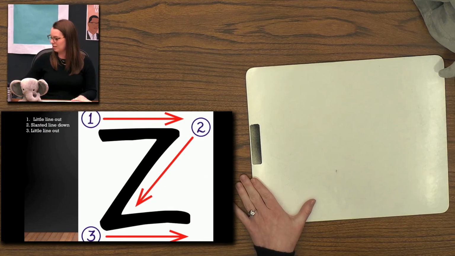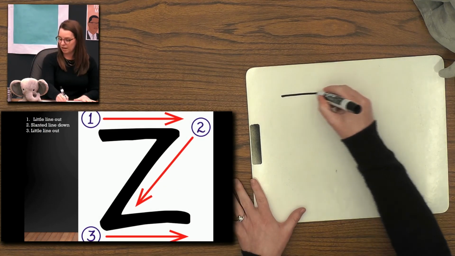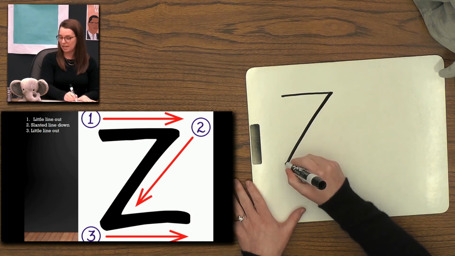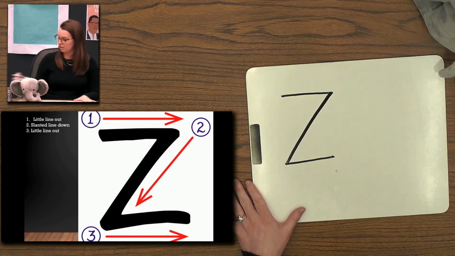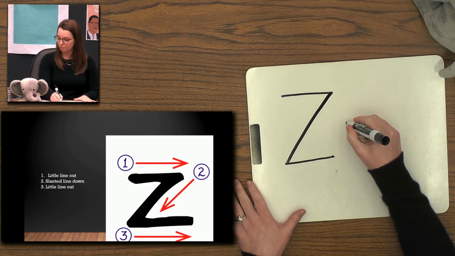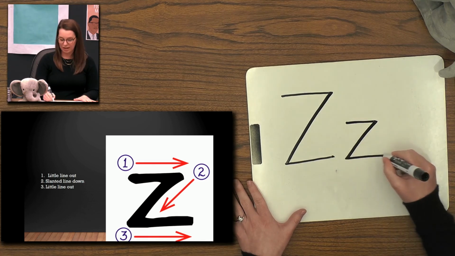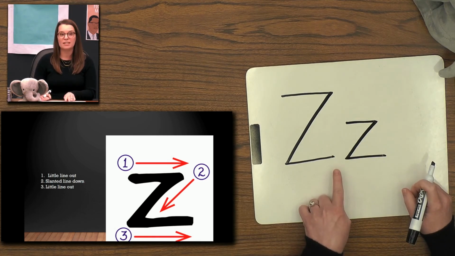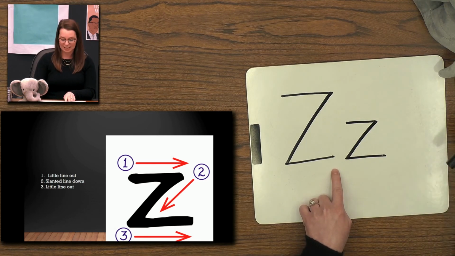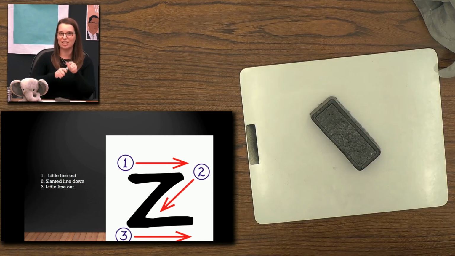And last one. Z, pens up, little line out, slanted line down, little line out. And a lowercase z is a letter that's small, so pens out, little line out, slanted line down, little line out. Zipper, Z. Good. Erase. Now put the cap on your marker, make sure it clicks shut so you can use it